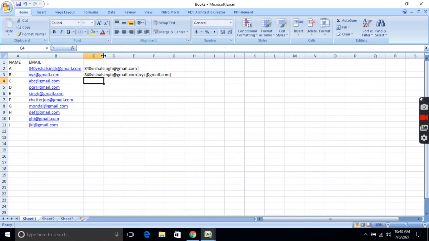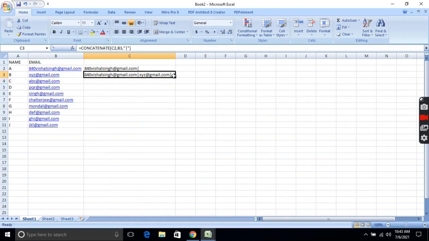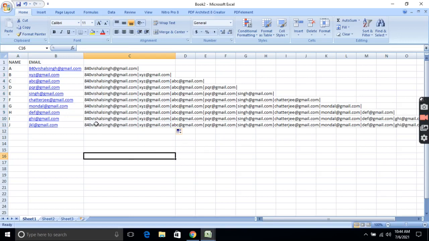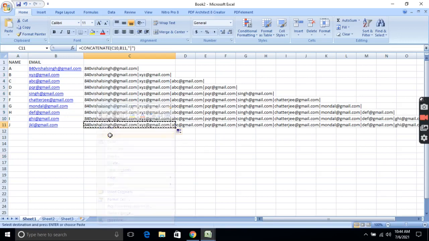After that you just increase the width of this column, and when this sign comes here, you double click, and you can see all the email IDs have been copied in the last row. Now you just click here, right click and do copy.